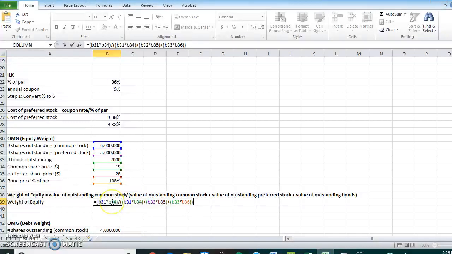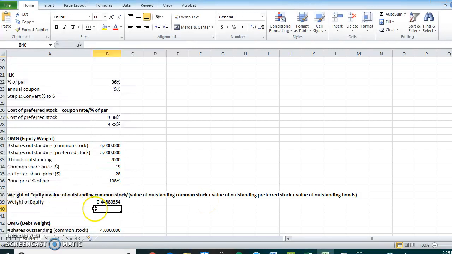I want it to tell me the value of the outstanding common stock divided by the sum of each of the other values of outstanding stock and bonds. So we've got this, we hit enter and we get